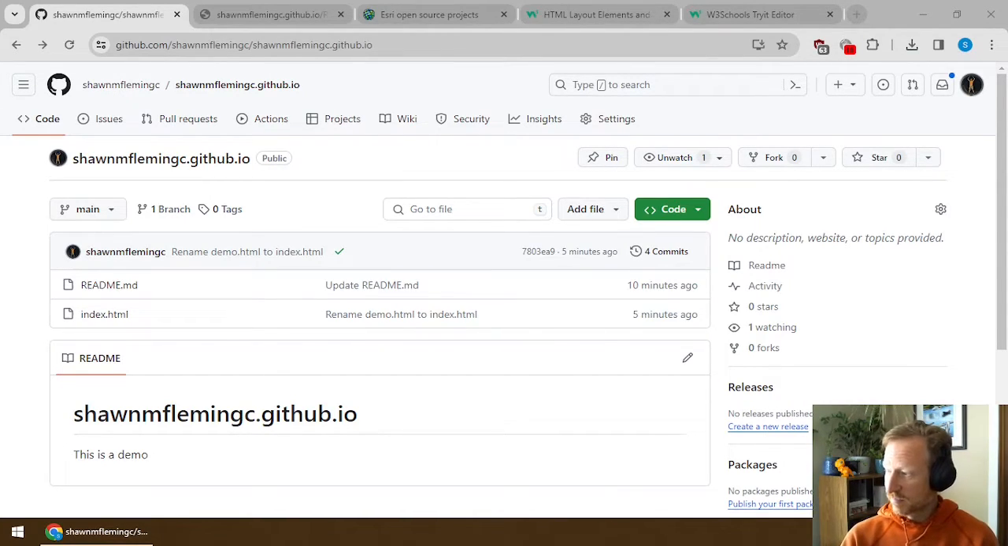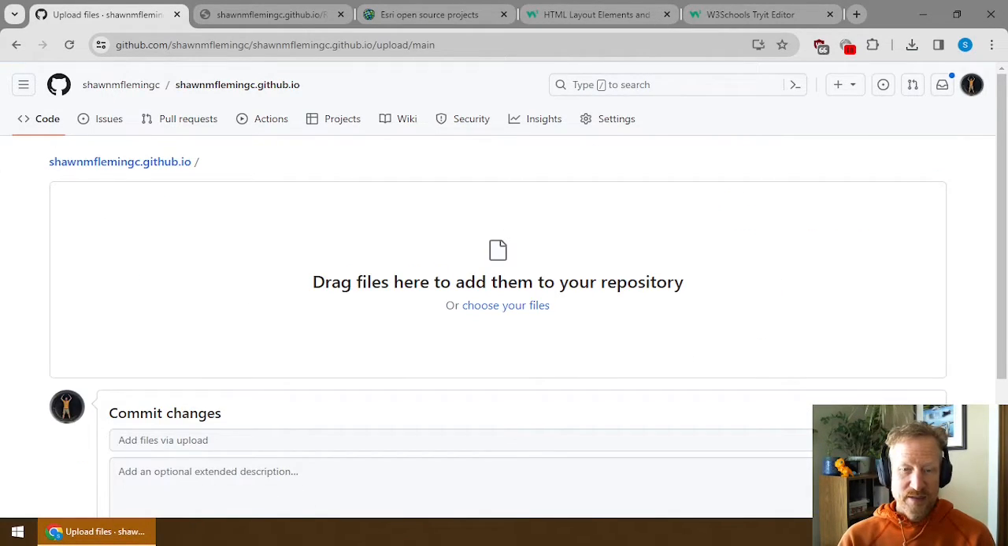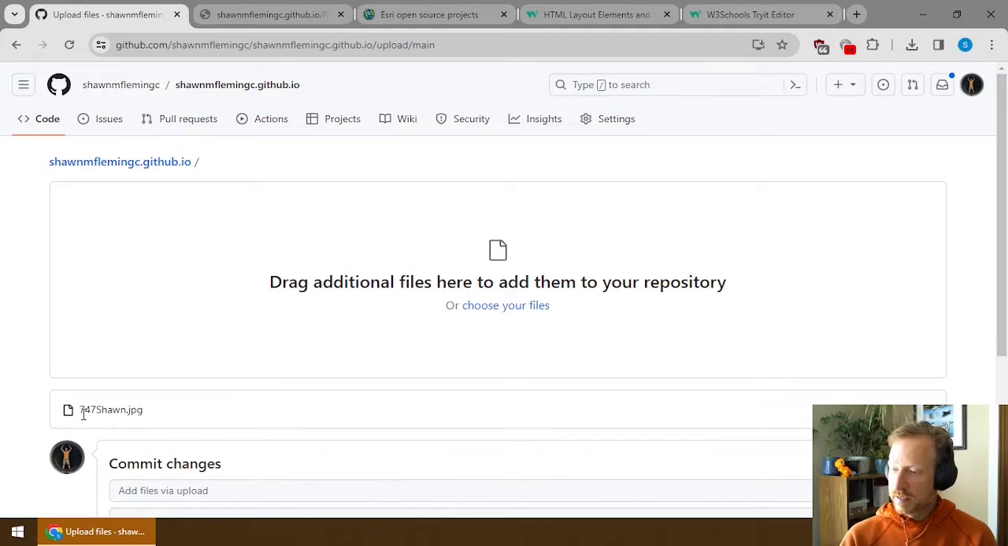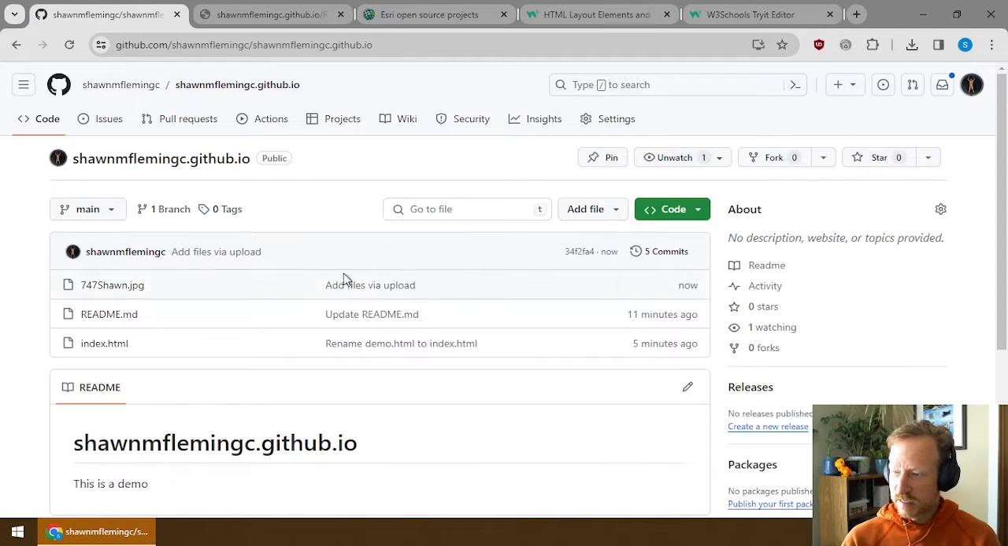It's actually really easy. So inside of add file, you can upload files. And from here, you can actually just drag and drop files. And this will process those files and upload them. Just be careful again, GitHub is case sensitive. So you can see my uppercase S here. I'll commit that. And what it does then is it places that file on here, and that means I can